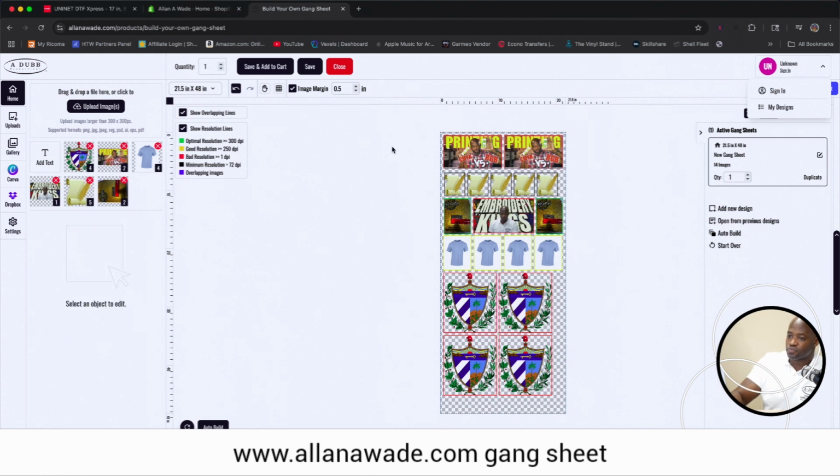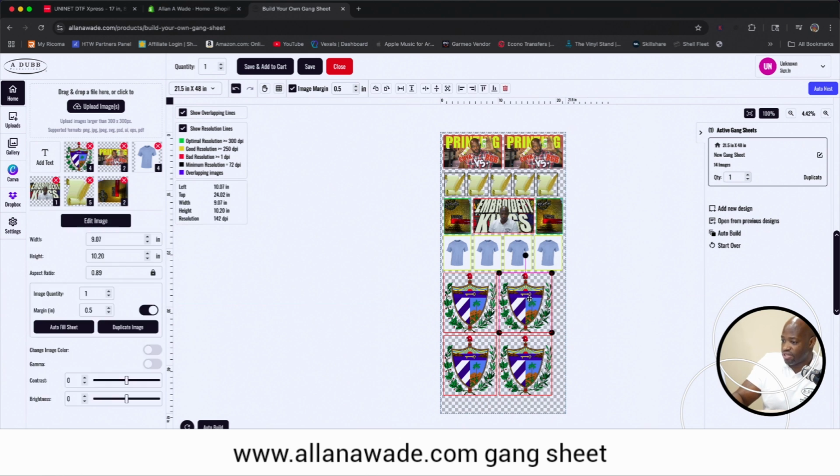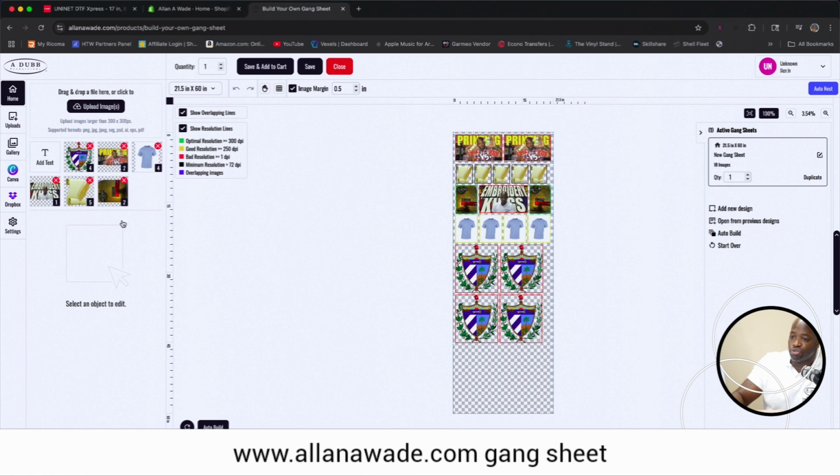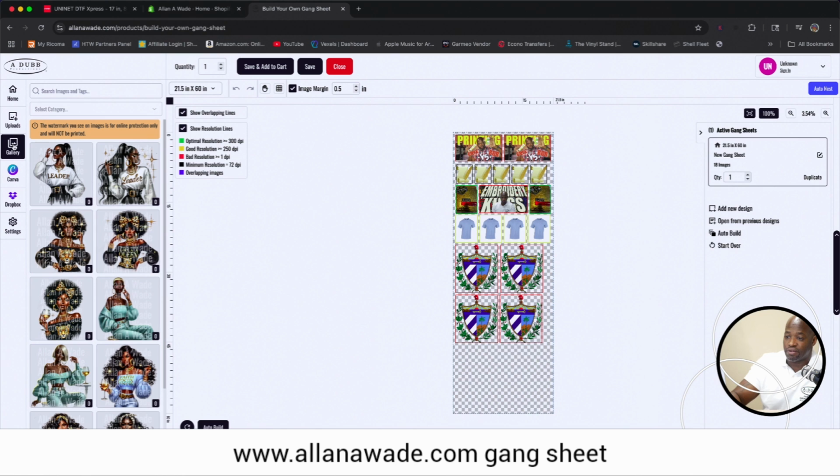All right. Another option, if you don't have any images, is you can go ahead, say you got this gang sheet right here built out and you want a few more images. You click the next biggest one, 21.5 by 60, gives you a little bit more room. And you can go to the gallery right here, because I have some pre-installed images on the website that you can use. You can go ahead to the gallery and click on gallery, and it'll open up all the different